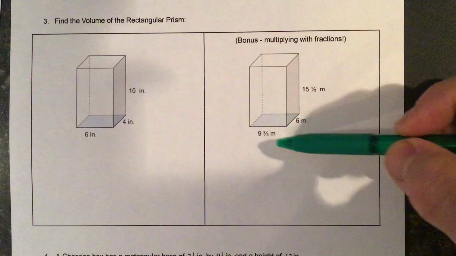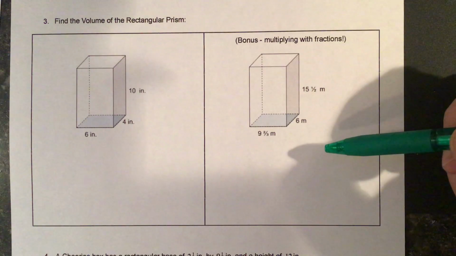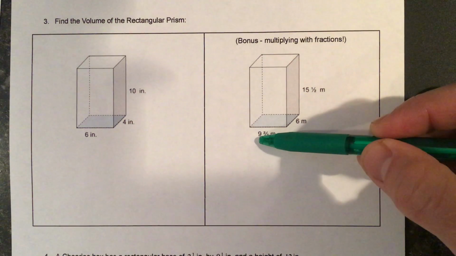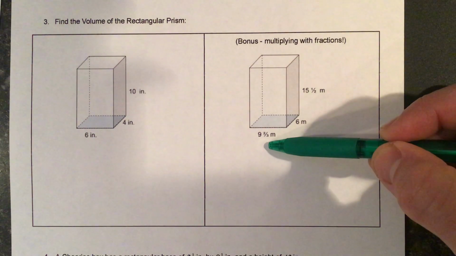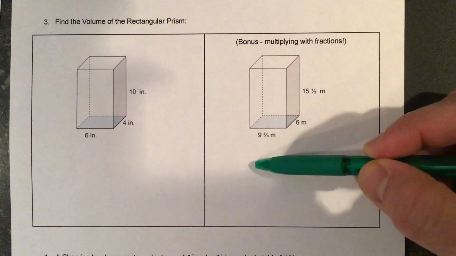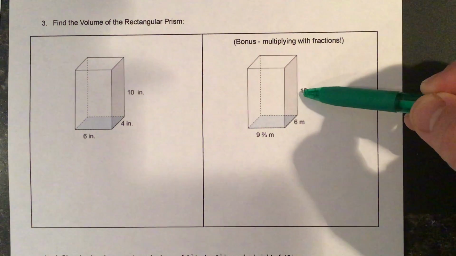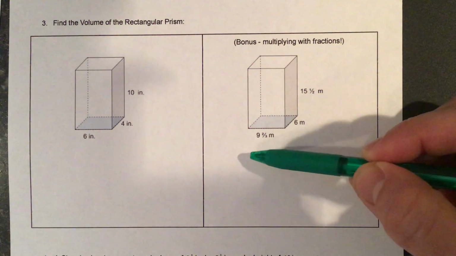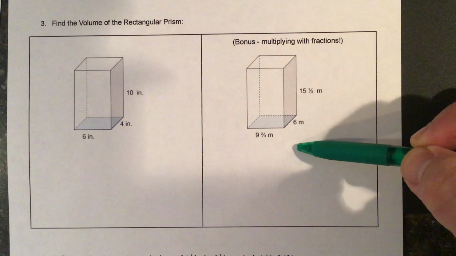But we can turn these mixed numbers into improper fractions and then multiply them. And I think you'll see some that cross cancel really nice. But you do have a calculator if you need it. And when I'm talking about turning these into improper fractions, remember we take the whole number times the denominator and add the numerator. So 9 times 3 is 27, and 27 plus 2 is 29. So this would be 29 thirds times 6 over 1. And then this is 15 times 2, which is 30, plus 1. So that's 31 halves. So we have 29 thirds times 6 over 1 times 31 halves,